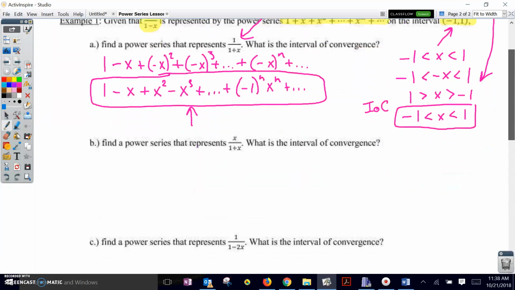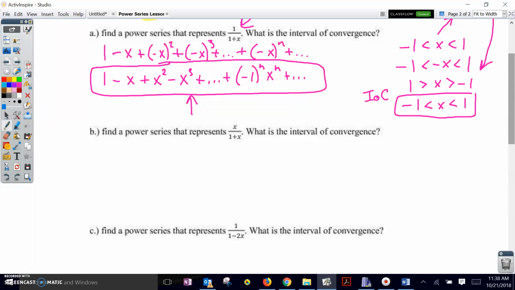All right? So let's see, which way should I think about this one? Should I think of it as a over 1 minus r, or should I think about it in terms of substitution with what we've already got? Well, in part A, we just found the power series that represents 1 over 1 plus x, and this power series is just x times 1 over 1 plus x. So another way that I can develop a power series from another power series is by multiplying through by the same factor. And so all I'm going to do in this one is take the series that I found in part A,